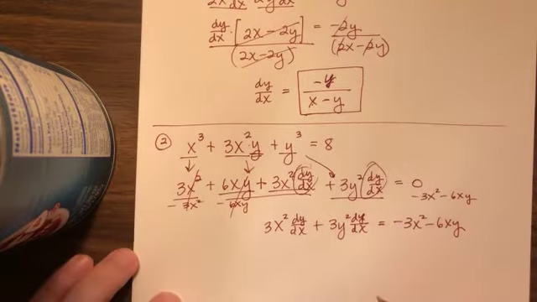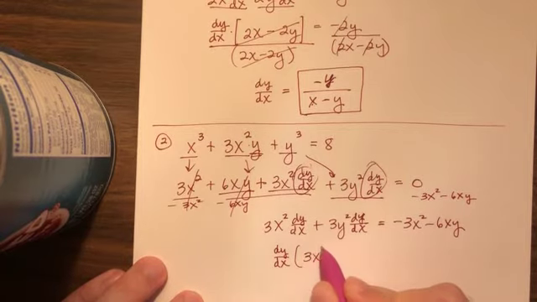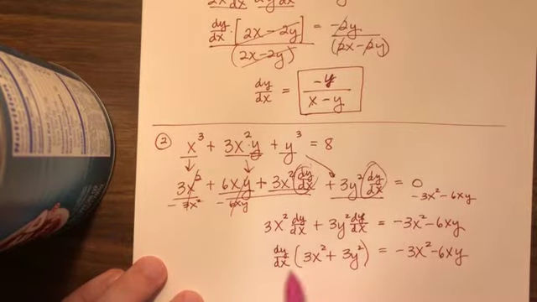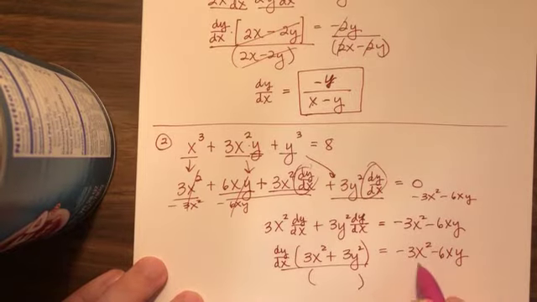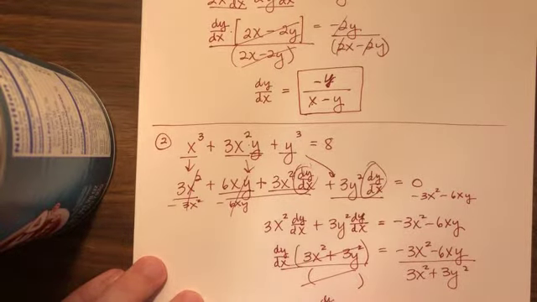Okay. Now, like before, we pull out the dy dx. I'll use a parentheses this time. You get 3x squared plus 3y squared left over, equal to this business over here. And then I divide that thing. I'm not going to write it again. 3x squared plus 3y squared just cancels. And we get our derivative. Dy dx